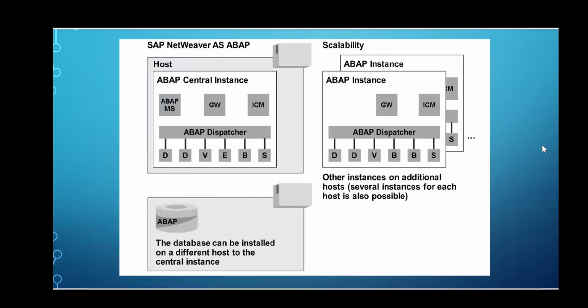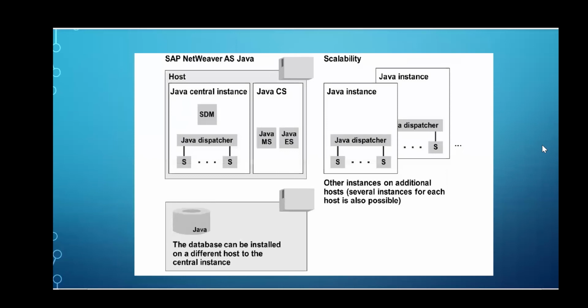Similarly, when I have my Java server before 7.0, this is what I could see for the block. Here, I want you to compare with ABAP and tell me the difference. You should be remembering the ABAP which we saw just now. Compare it and tell me what is the difference that you can see in my Java architecture.